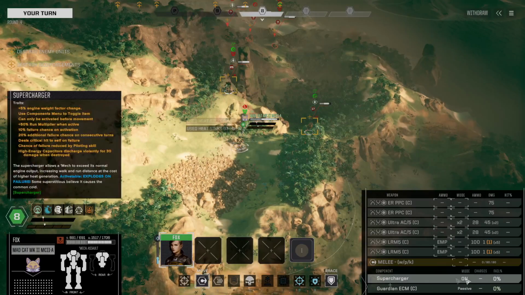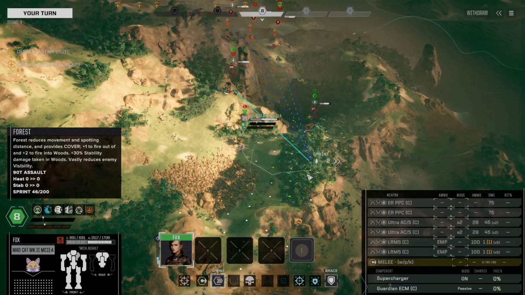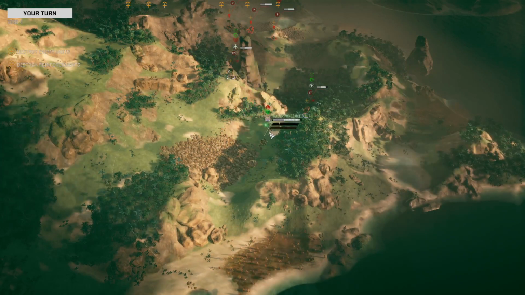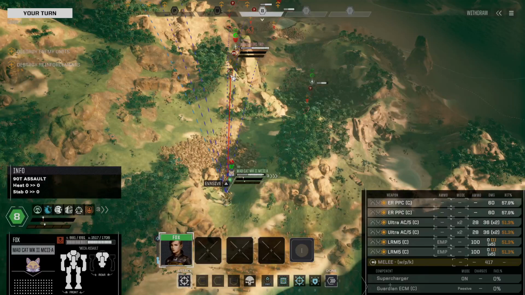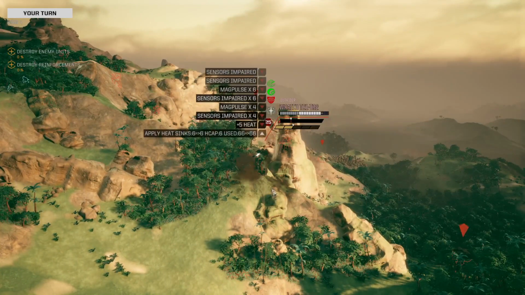Or actually, if I drop the supercharger back on, so I would actually rather than focusing the Wraith, I think that AC-20 carrier should go. Then again, I can pull back, get 3 evasion, and the Wraith should be in optimal range. So, I will then... And notice I could